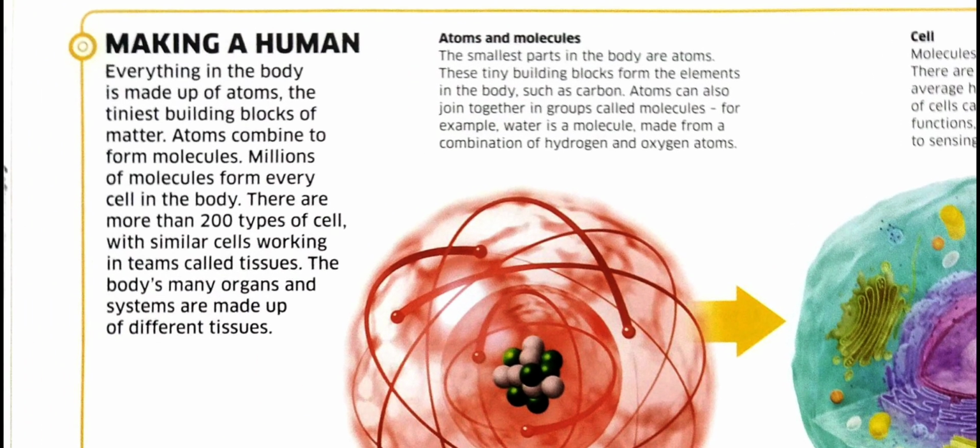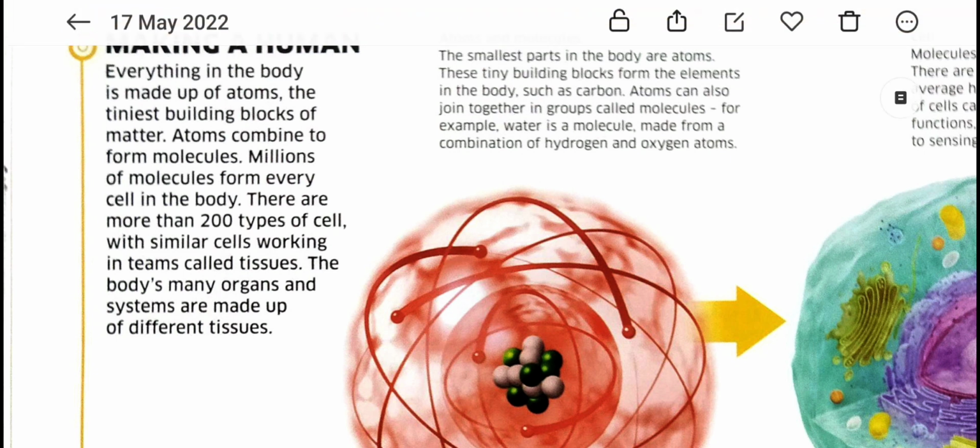Everything in the body is made up of atoms, the tiniest building blocks of matter. Atoms combine to form molecules. Millions of molecules form every cell in the body. There are more than 200 types of cell, with similar cells working in teams called tissues. The body's many organs and systems are made up of different tissues,